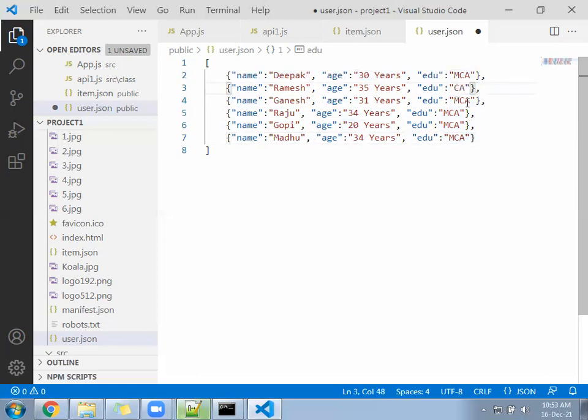MCA, CA, MA, BCA, something has changed. BA, BCA. Come down below, save it. Now we got a file with the three properties: name, age, and education.